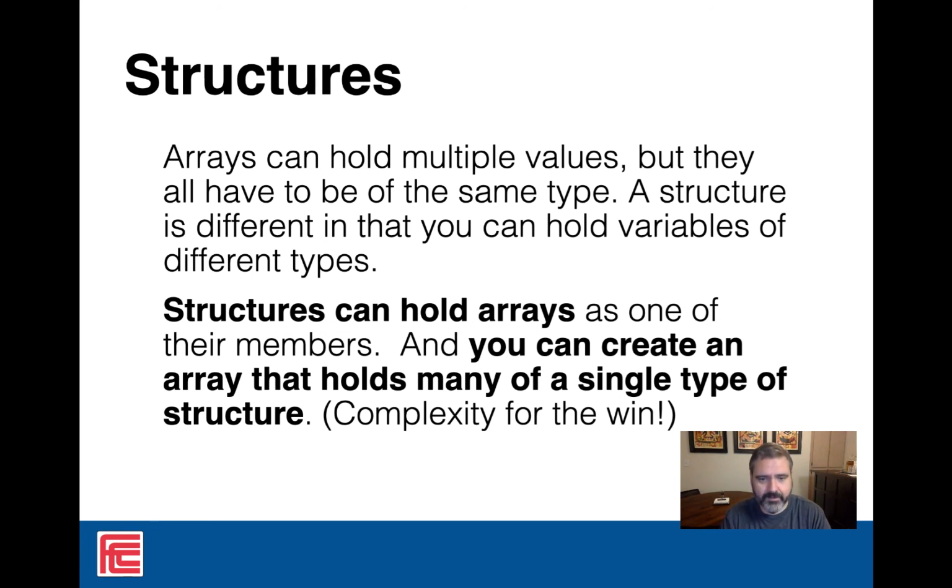Here's where it can get a little confusing. Structures can actually contain arrays. One of the members could be an array of strings. You can actually create an array of structures, right? So I could have an array of students. I might create a struct that represents a class, and a class has one of its members be an array of students. You can picture how this gets really complicated, and that sounds like it would be a bad thing, but it's not,